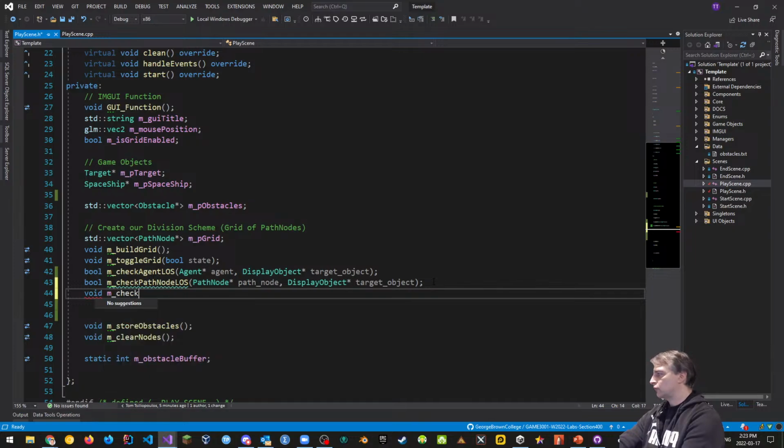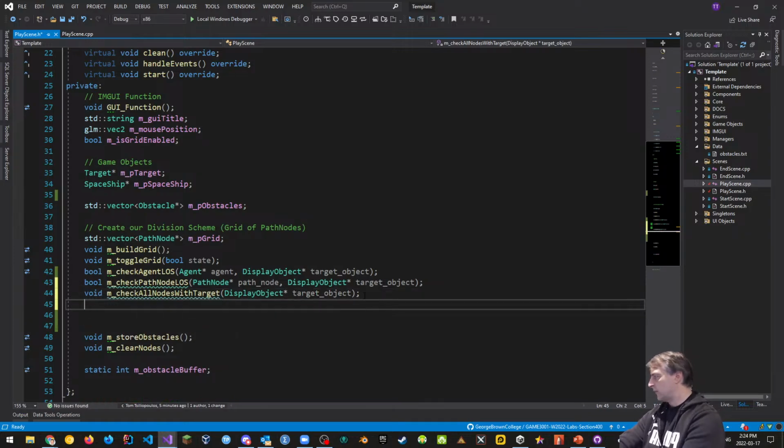M_checkAllNodes, every node, all nodes with target. That's what that was going to be. So again, it's from display object pointer, which we're going to call target object. So that the target object is going to be the thing that we're going to go from all display nodes to the target.